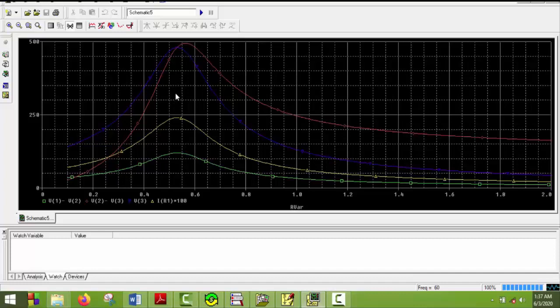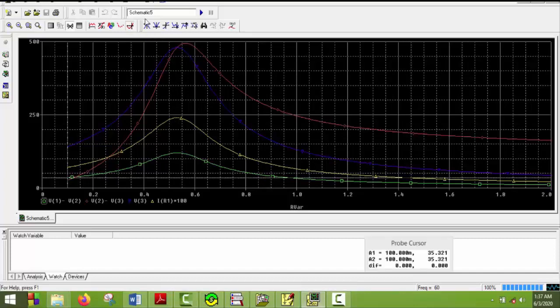To find out the inductance for which resonance occurred, we have to get the maximum or the peak out of here. So we will get the peak out of here. Firstly select toggle cursor, then go to cursor peak. Okay, the cursor peak will be for the fourth thing, the IR1, and we'll choose the cursor peak and then say mark label. So here we can see the resonance occurred for an inductance of around 0.53 Henry,